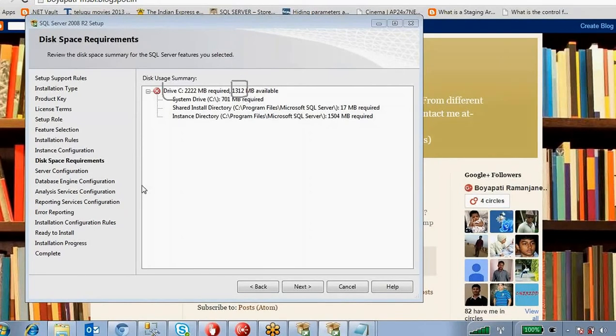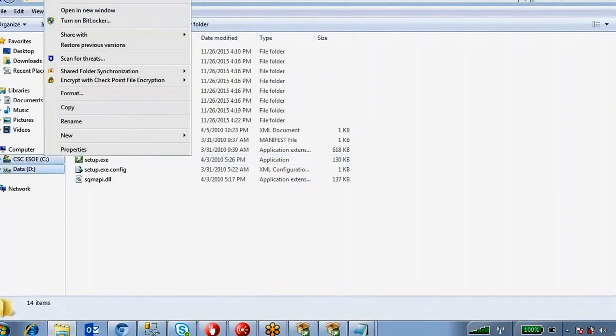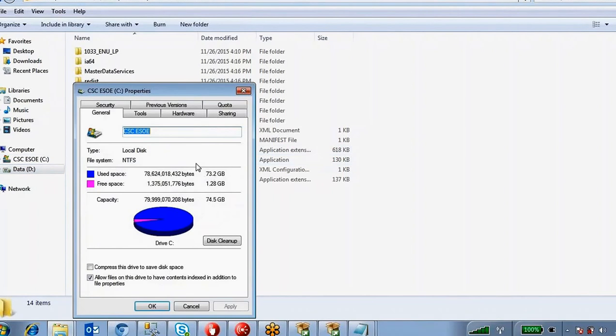We'll check. Go to C folder, right click, go to properties. Yes, I have only 1.28 GB. So definitely I require nearly 2 GB. I don't have space.